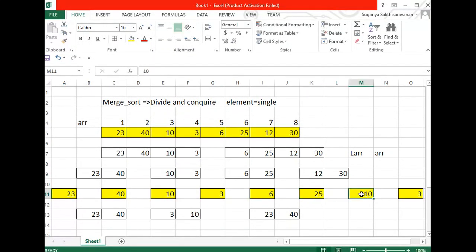Some paste has happened and you people also left it as such. Okay. 6 followed by 25, and here you can notice that 12 is the lower value and 30 is the next higher value. So the data has been merged in a sorted manner.